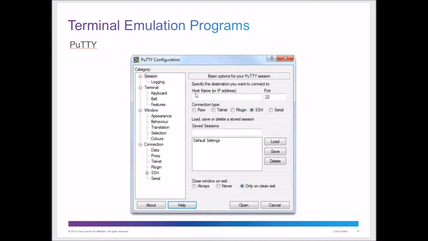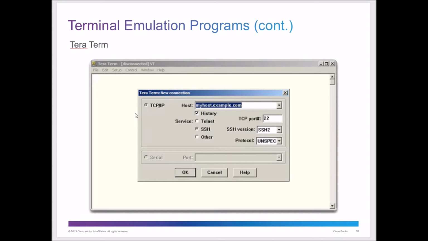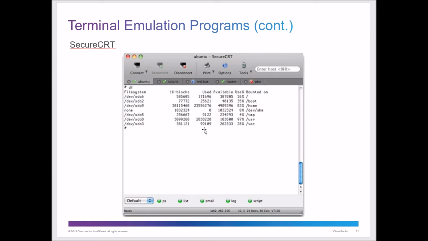And we would go in with our session, we put in our host name or our IP address, and we put in our port, and we'll be able to go in. Now, TeraTerm is another piece of software that you can use, and TeraTerm uses TCP/IP, and it connects in. It'll do the same thing. It'll use SSH to get in, if we're going to SSH in.